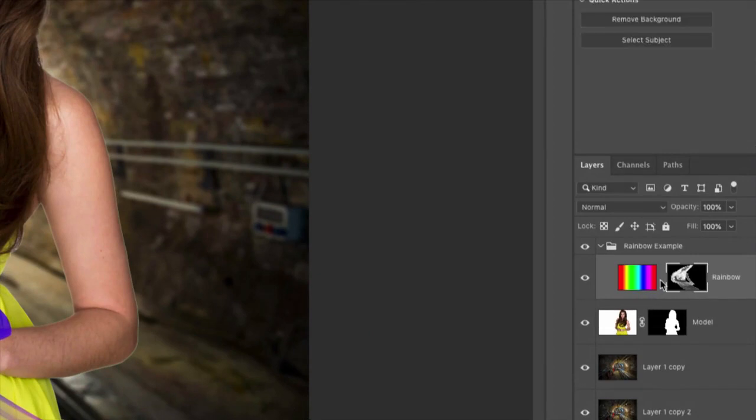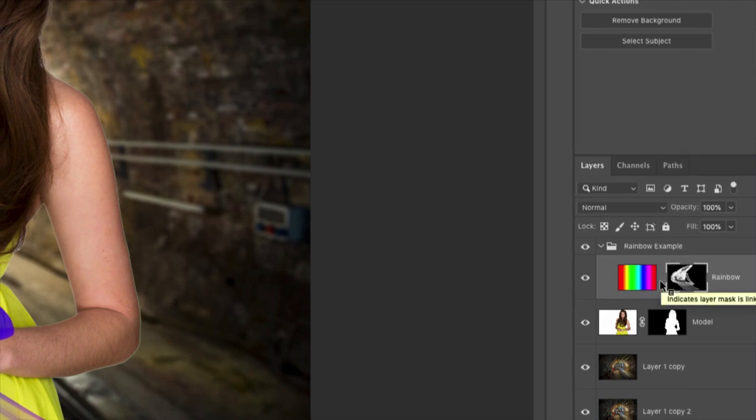So that's the difference between having a locked mask and layer and unlinking. It's technically a linked mask and layer, and an unlinked mask and layer.